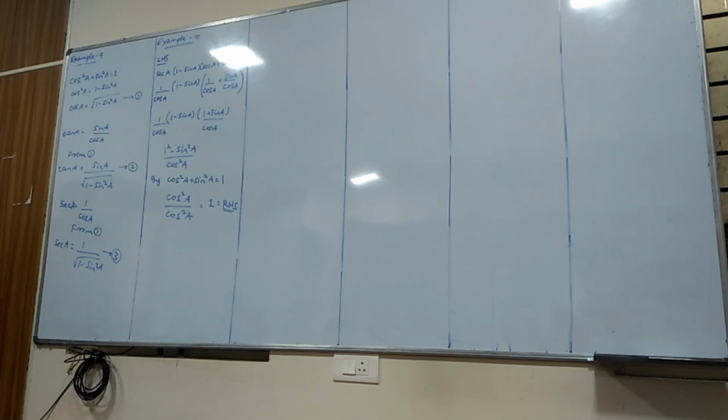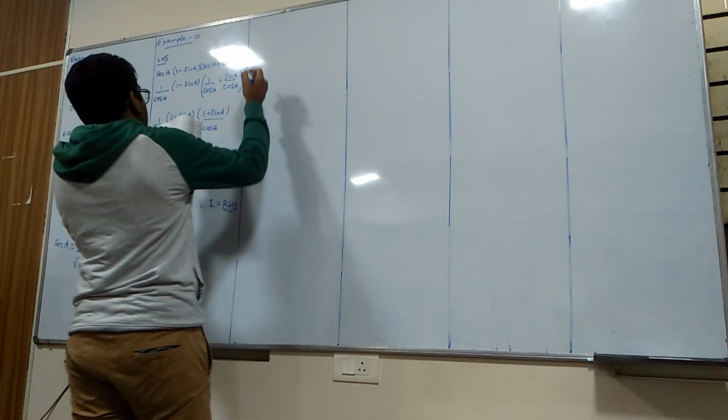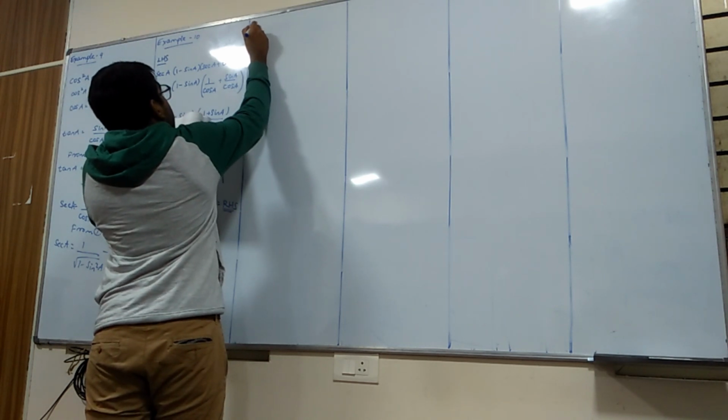We'll give you time. More or less, this exercise is all about proving LHS and RHS, so the next part also we have like that itself. So what do we have here? Example number